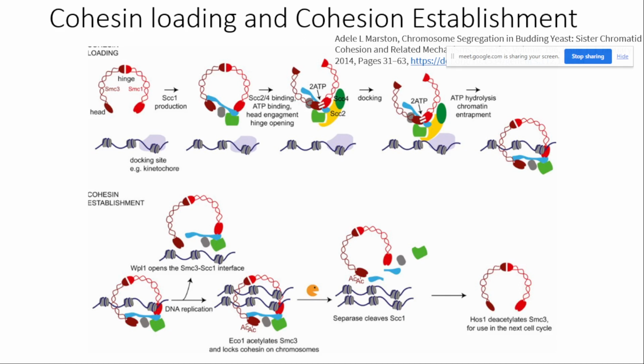As cohesin loading requires the presence of all of the cohesin subunits, in the absence of SCC1 it cannot be recruited to the chromosome in the early G1. But in the late G1, when SCC1 starts to be expressed, you can find SMC1, SMC3, SCC1, PDS5, SCC3 and SCC2, SCC4 will bind there. After that only, this entire complex can be loaded into the chromosome.